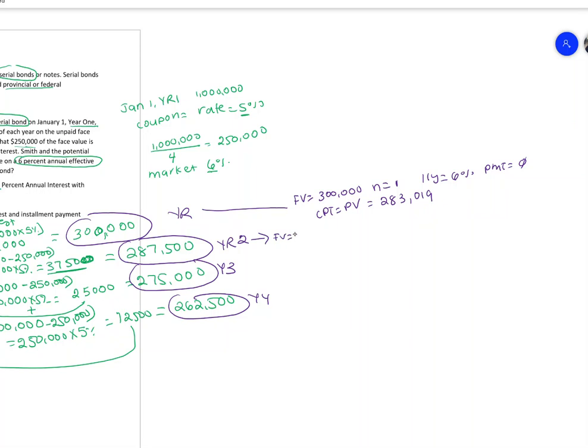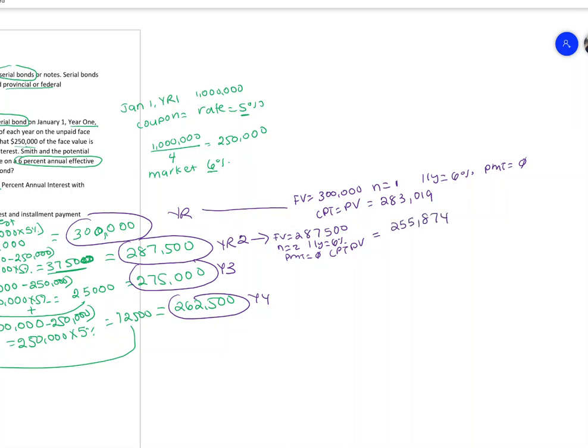You're going to do the same thing for the next one. Your future value becomes 287,500. Your N is 2. Your I/Y is equal to 6%. Your payment is equal to 0. You don't need to do a payment, and you're going to compute your present value, and that will come up with